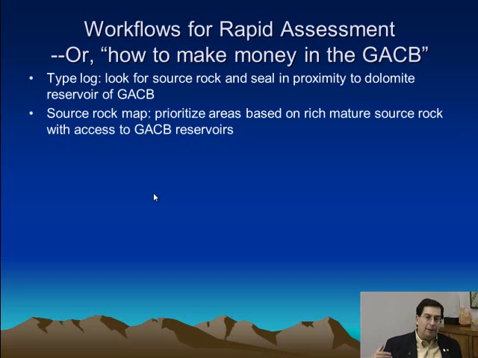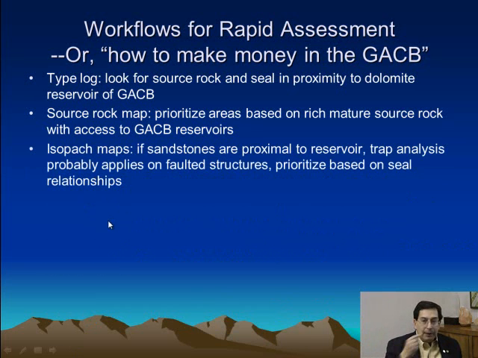So the source rock has to come from outside of the bank, and I would want to have a good source rock map so that we could prioritize where the peak maturity is and identify pathways to access the carbonate bank. Does the source rock impinge upon the unconformity, or is the source rock fault juxtaposed to traps, and how do the pathways work?